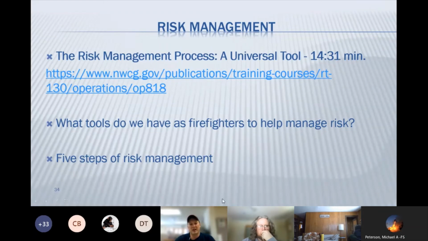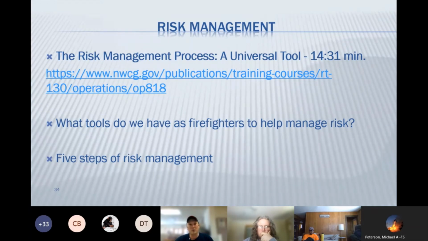So discussing the second bullet point there on the PowerPoint slide, what tools we have as firefighters to manage risk. As I said before the video, we had in the past JHAs, and now we're moving to those RAs that Noah talked about and that we're working on converting for both forests. And additionally, the main one as firefighters that we have on the line or on the way to an incident is what's in your IRPG.